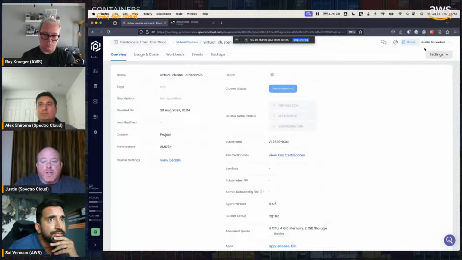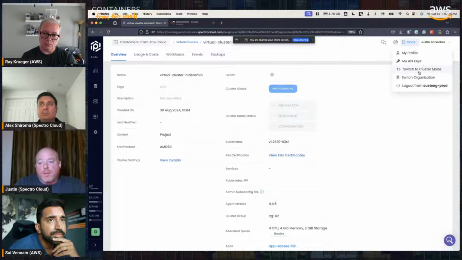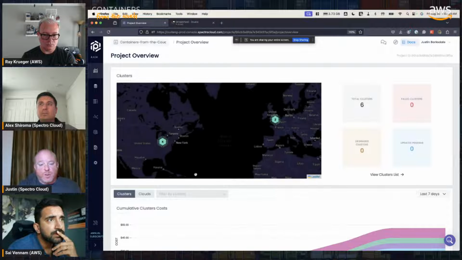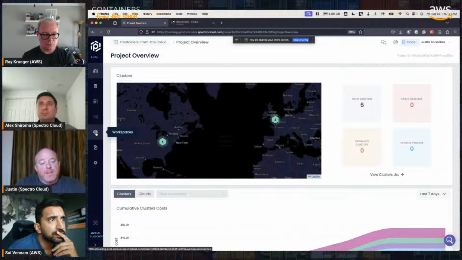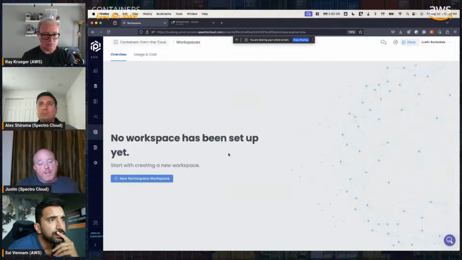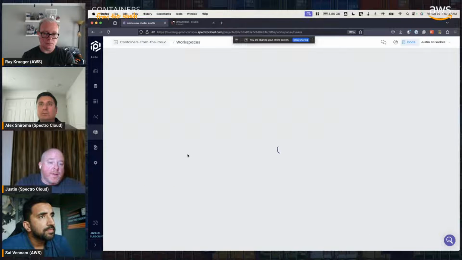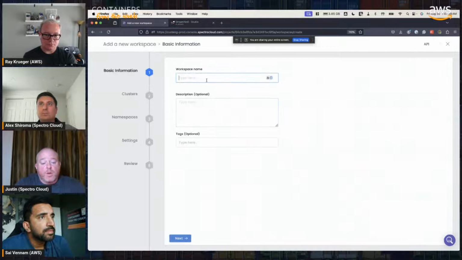So the last thing I'll go back and show is, as I switched earlier, you probably saw from cluster mode to app mode. I'm going to switch back to cluster mode just to show you. And this is just a visualization. So when you're thinking about platform teams, or which team has which roles or responsibilities, the last thing is workspaces. It's this idea that, again, cross cluster, I want to be able to create a workspace that maybe is a namespace for team A.